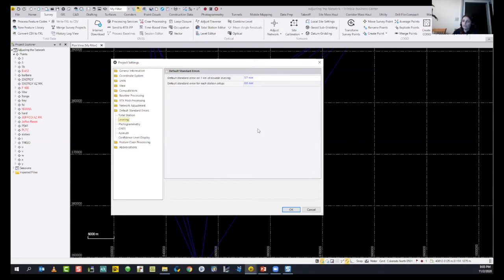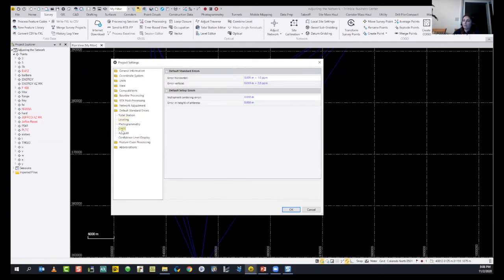In this project, the Trimble DINI level has been used. So I'm going to set the default standard error as 0. And the default standard error for each station setup is 3 millimeters. This is a kind of standard error that we set.